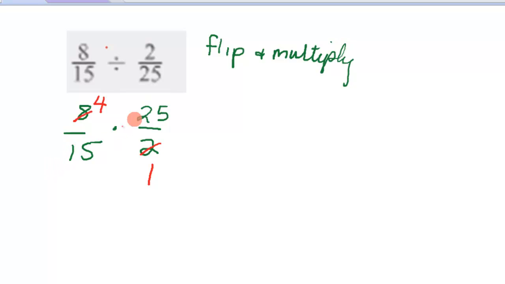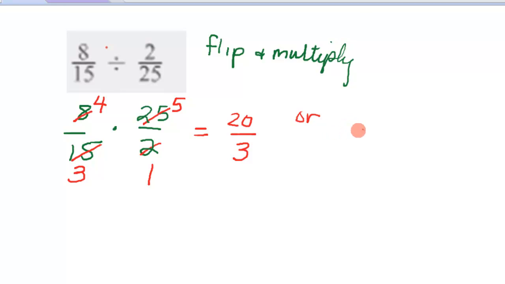The 15 and the 25, 5 goes into both of these. So 15 divided by 5 is 3. 25 divided by 5 is 5. Don't see any numerators and denominators having any more common factors, so go ahead and multiply across. So 4 times 5 is 20. 3 times 1 is 3. Now, depending on your math class, you may leave this as an improper fraction, 20 over 3, or you may